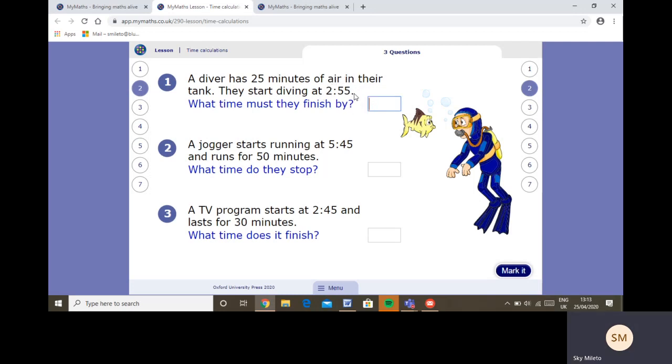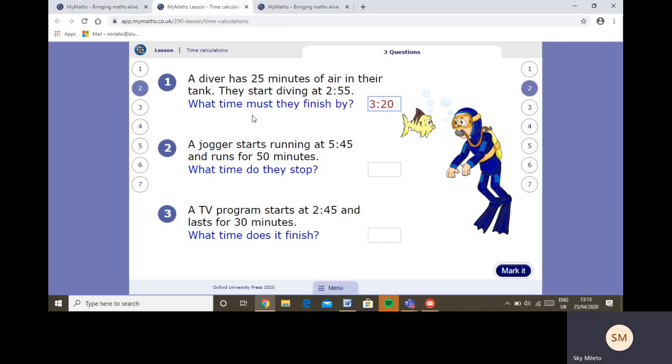I'm hoping you all know that the nearest hour would be 3, and that would be in 5 minutes time. So what we would need to do, I wish I could write on this screen, is take 5 minutes off 25 to get 20. And then 3 o'clock plus 20 more minutes, we would get to